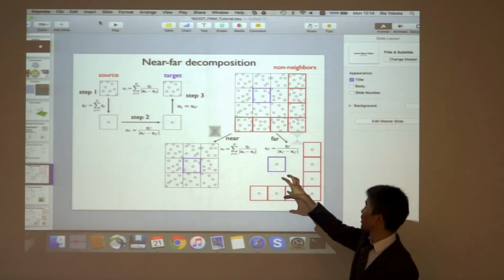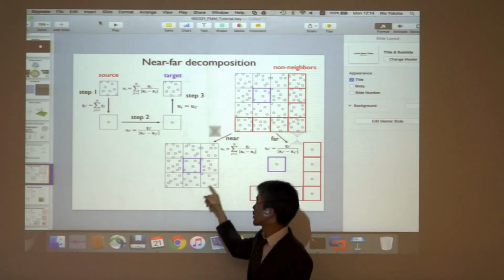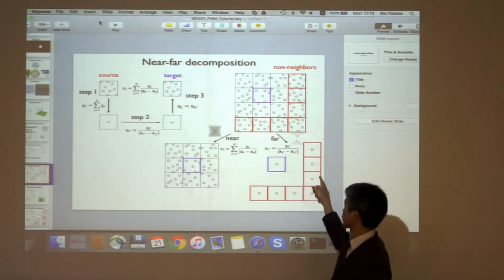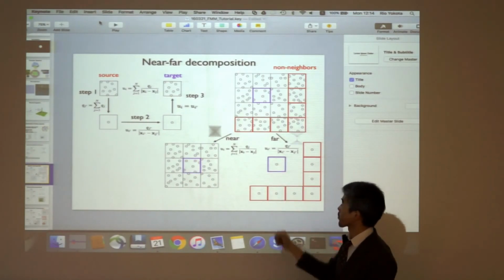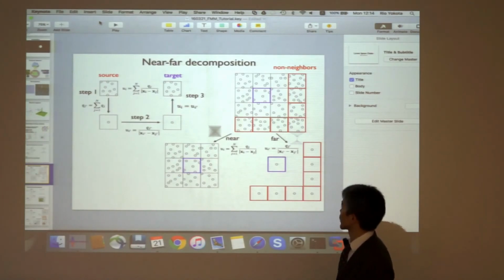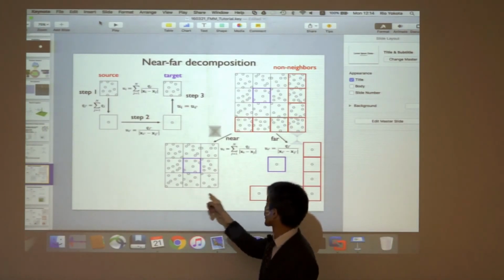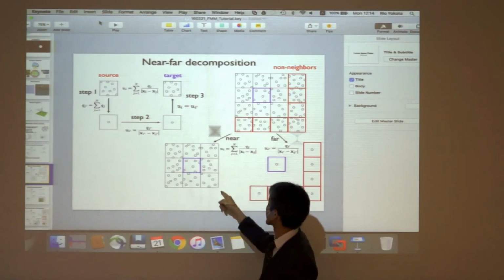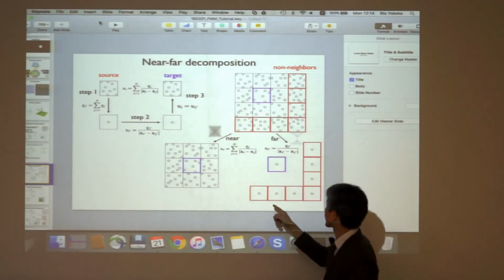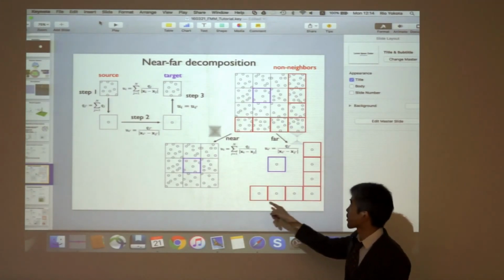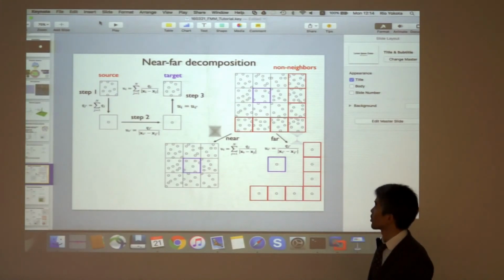Then you want to calculate this thing, and also this thing. The question is how to determine this box here, and how to determine these boxes here. So usually what we